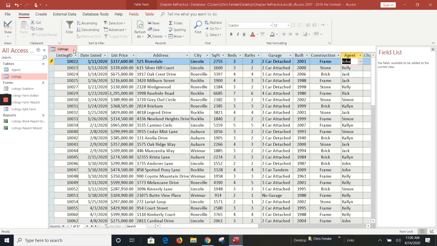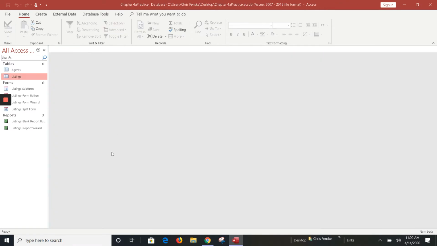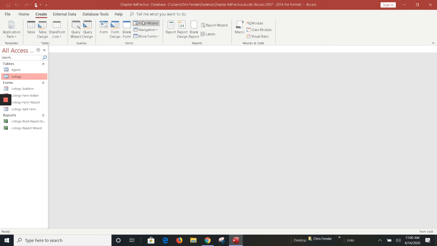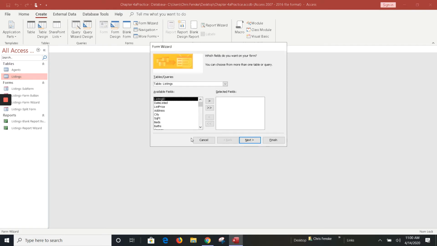So I'm going to give you some hints on how to do that little wizard, and again, create relationships tied to that other table. Now, another part is related to when you're creating a form. One of the things that you can do within forms is, if I'm going to create a form wizard, let's say I'm going to create a form that shows my agent's information, so I include all of that. But I also want to, at the same time, pull some information about their particular listing. So it's really similar, like when you click the plus sign in the tables, it shows information from the other table. So let's say for each agent, I want to know the listing ID, the list price,